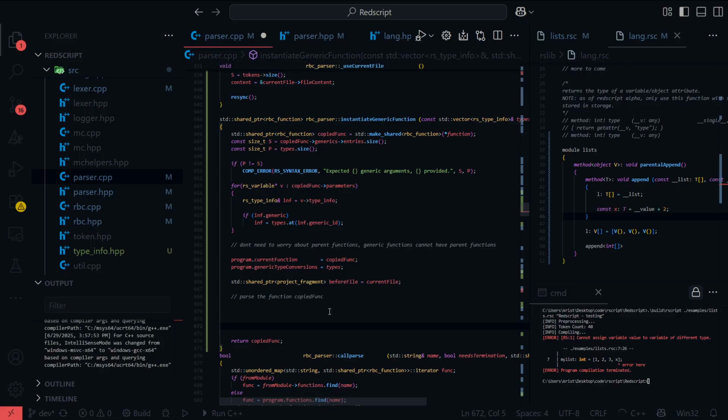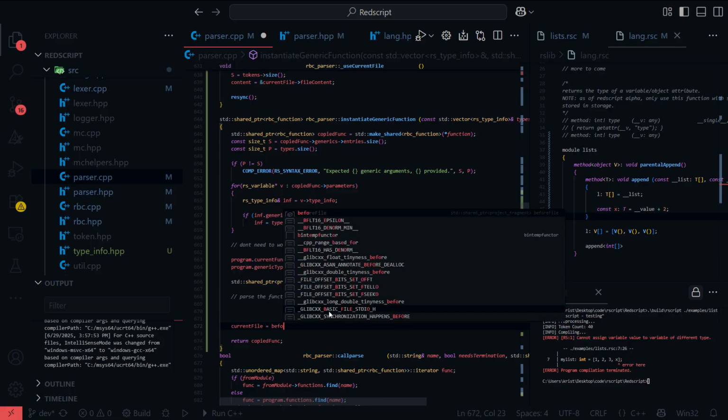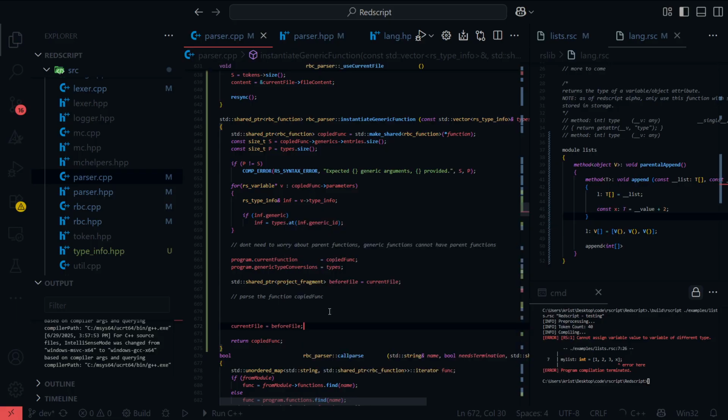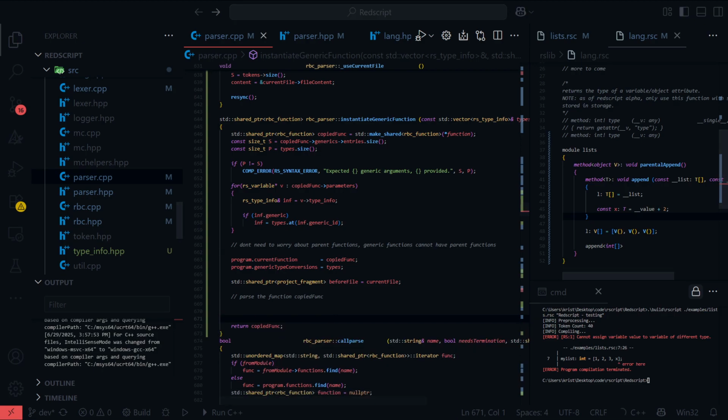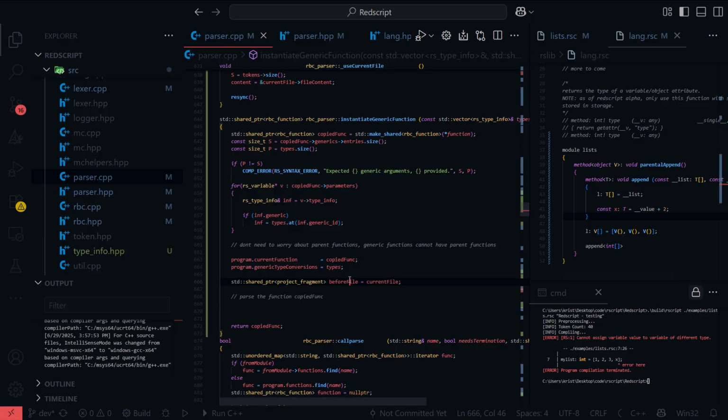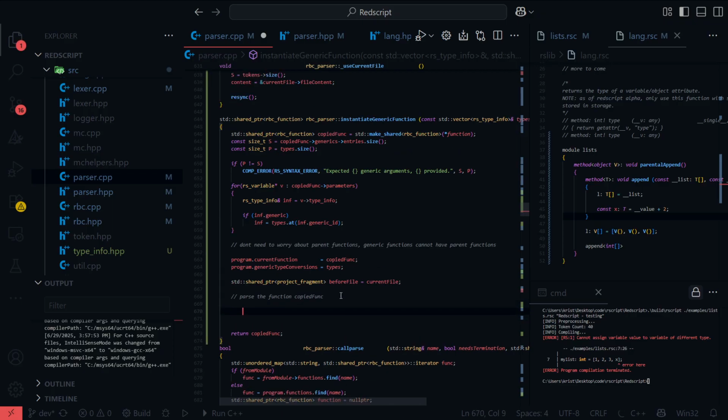Before file is current file, then current file is equal to before file, I guess. So if we have a before file saved, and then we call use current file,